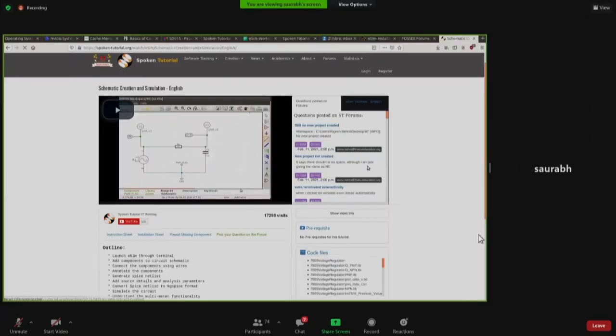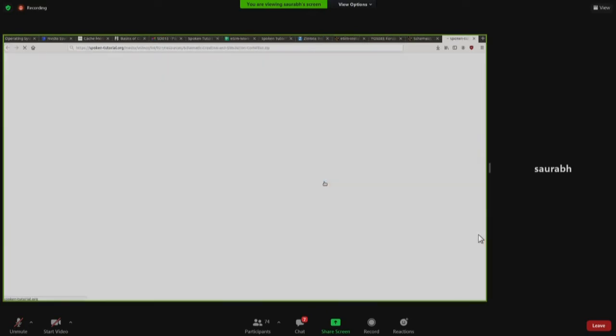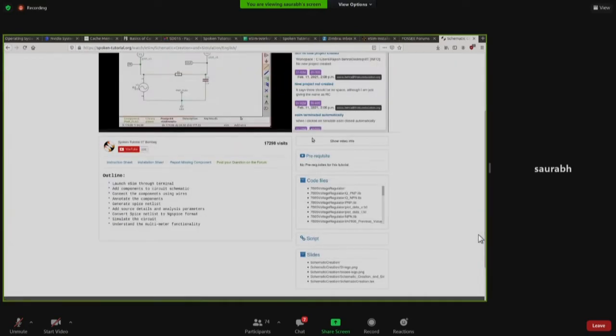On these forums, where you see these forums, there is a code files link here. Once you click on it, it will give you an option to download this file and save it somewhere. I'm using Linux. In Windows also, you will get the same option, or it will be auto downloaded. Once I click OK, it will be saved in some location. Let me go to that location. So my file has come up here.